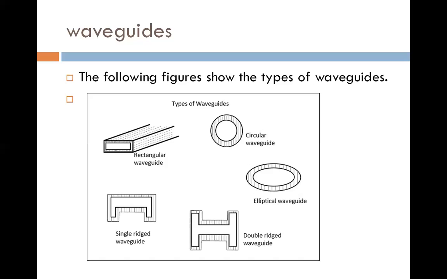So how do we remove this problem? We go for the next structure that is called a waveguide. A waveguide operates at higher frequency. Now let's see the advantages of waveguide over the transmission line. So what are the advantages? Why do we go for the waveguide? Waveguides are simpler to manufacture than coaxial cable, since the inner conductor is not present in a waveguide.